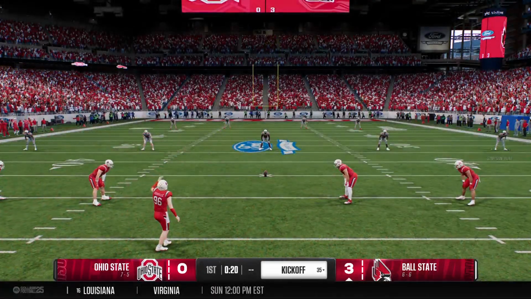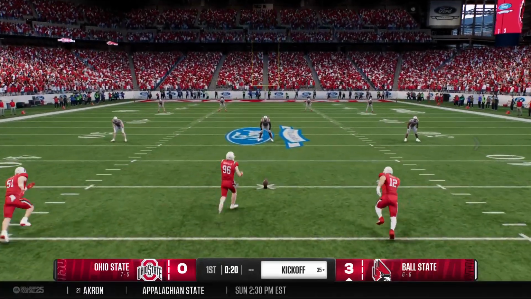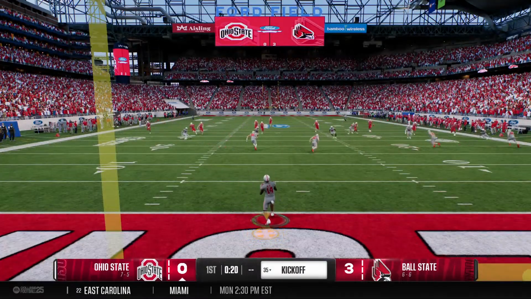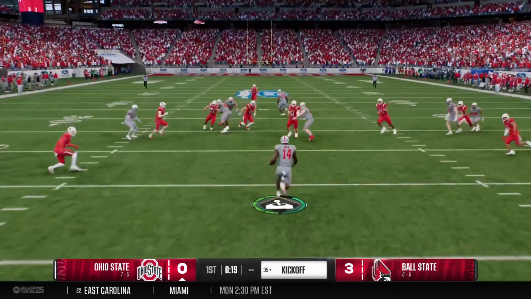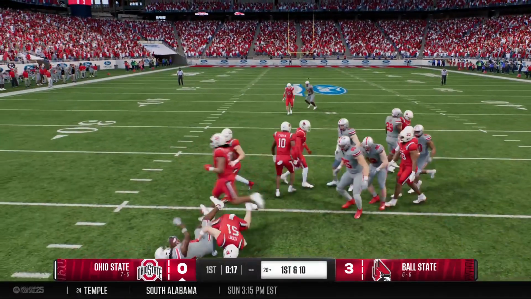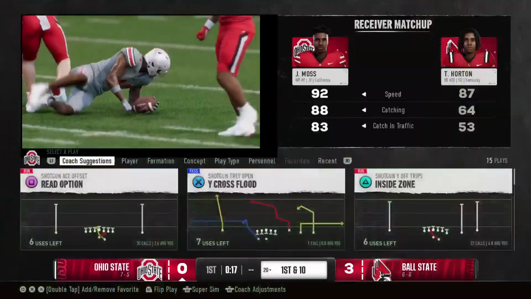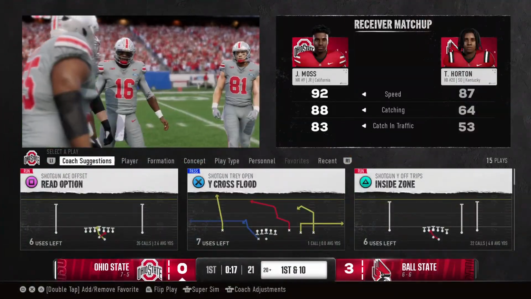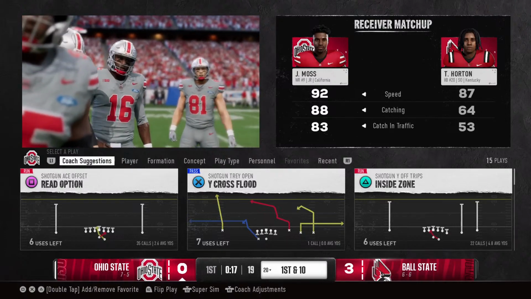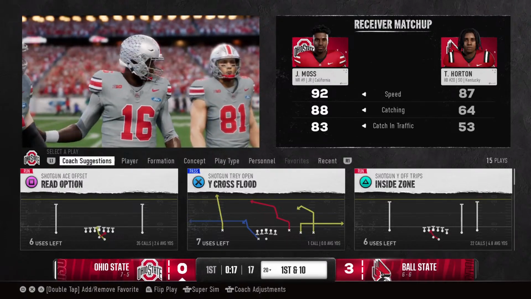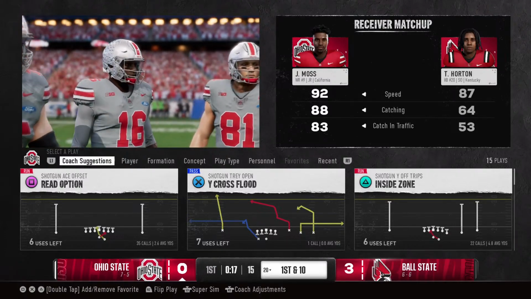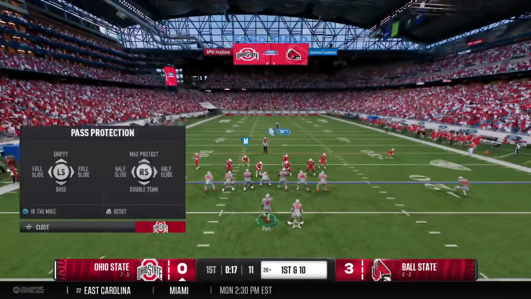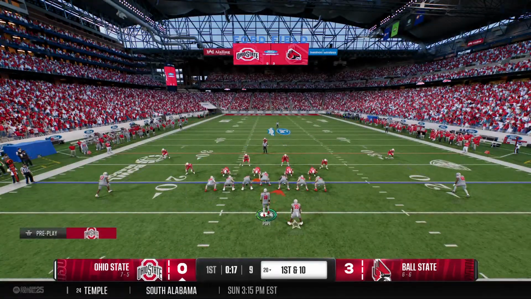The kickoff unit about to go to work. Here he comes with the return. He was hoping for something a little more dynamic, that they get him on the ground at the 20. The Buckeyes roll that offense back out there. That last drive was promising for a while, but you just can't mess it up at the end with the pick, Jesse. No, you got to be able to finish drives, especially in this game.